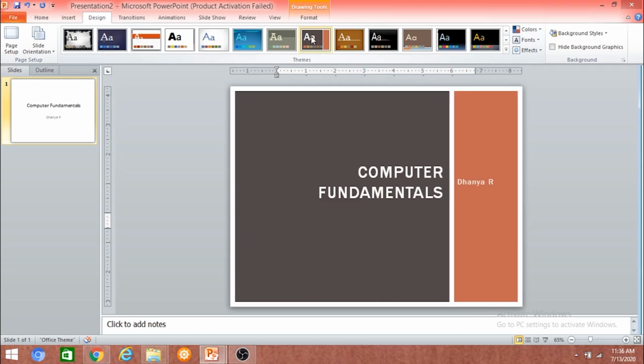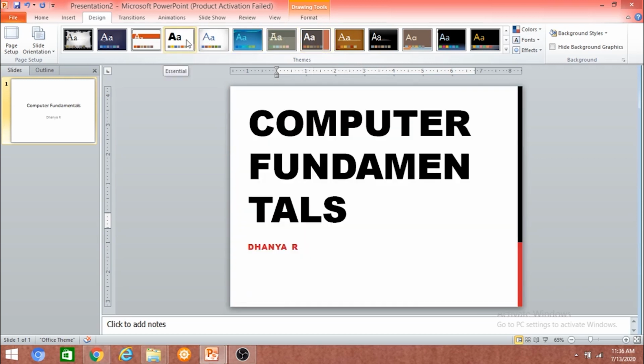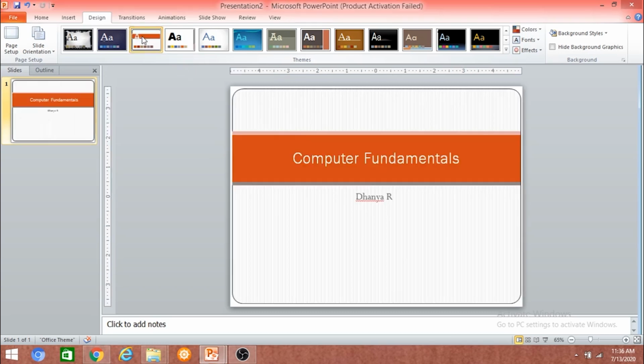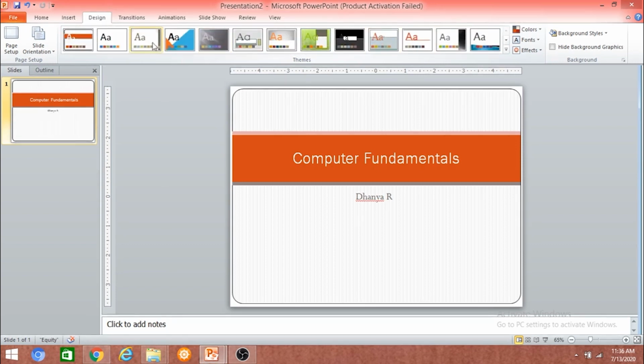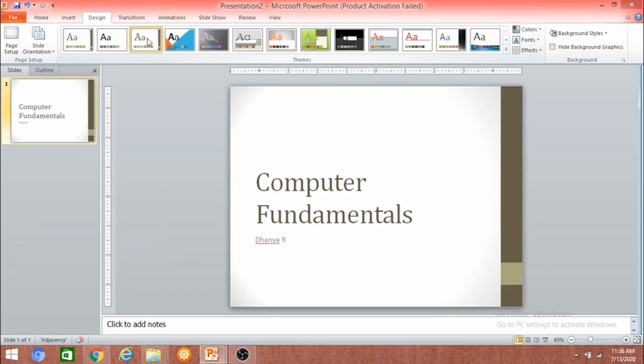Once you select a particular theme, it will get applied to your slide. Remember, you can do this step at any point of time. Let us select a theme and it gets applied to our slide. So, we are done with our slide 1.